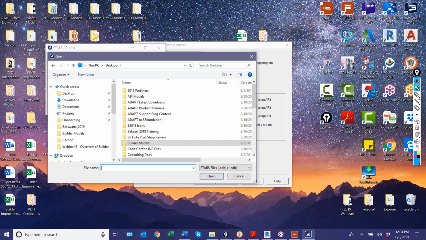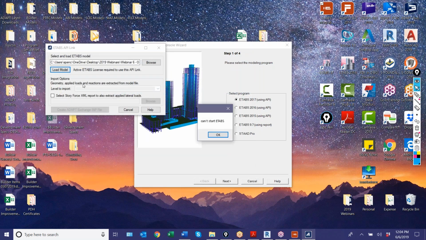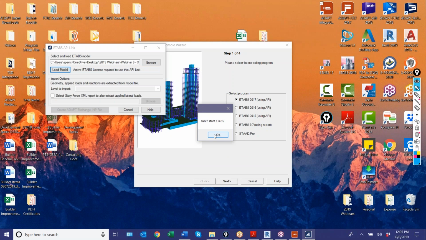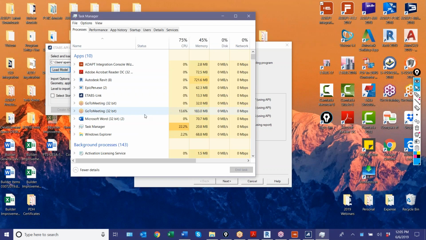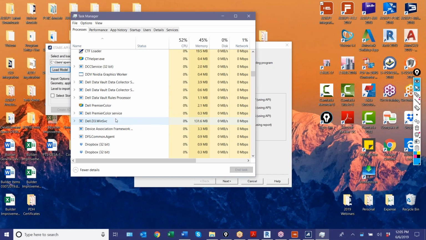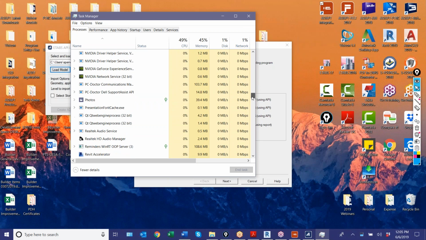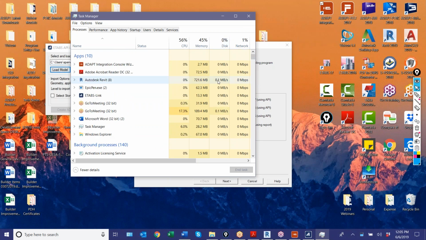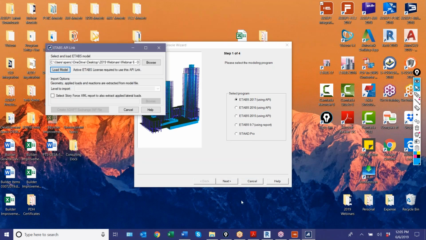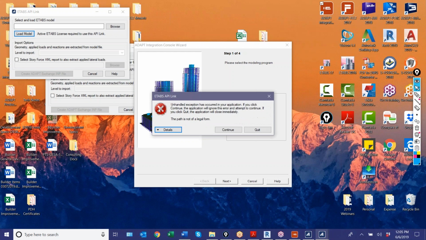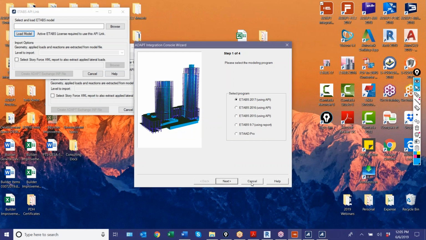Okay, I'll load the model. I think okay, it says it cannot start ETABS. So let me see if I have ETABS open. Give me one moment here. Okay, that is not open. Let me just try this. Version 16. All right,